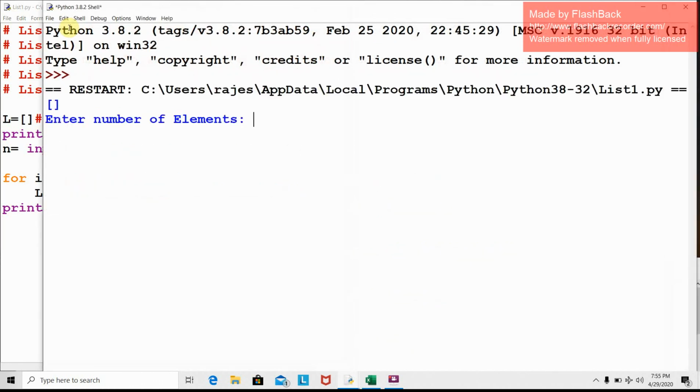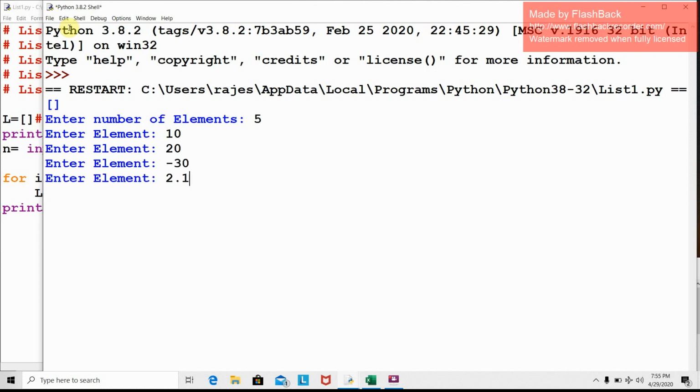So enter the number of elements, for example 5. So it will ask 5 times. Enter the element. For example, I want to put the number 10, 20, say minus 30. This time we'll take a float and we'll take an orange. So it has created this list for us. It is a mix. Here are numbers, here are floats, and here is this string. Okay. Now, if I want to access this